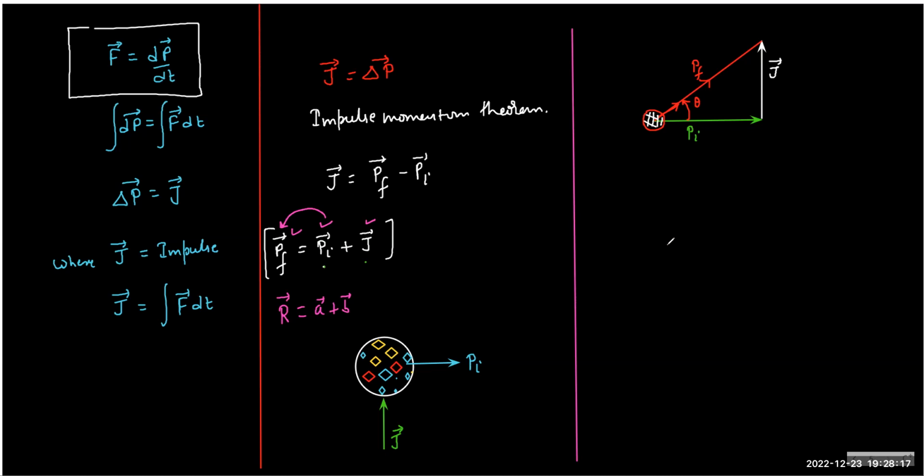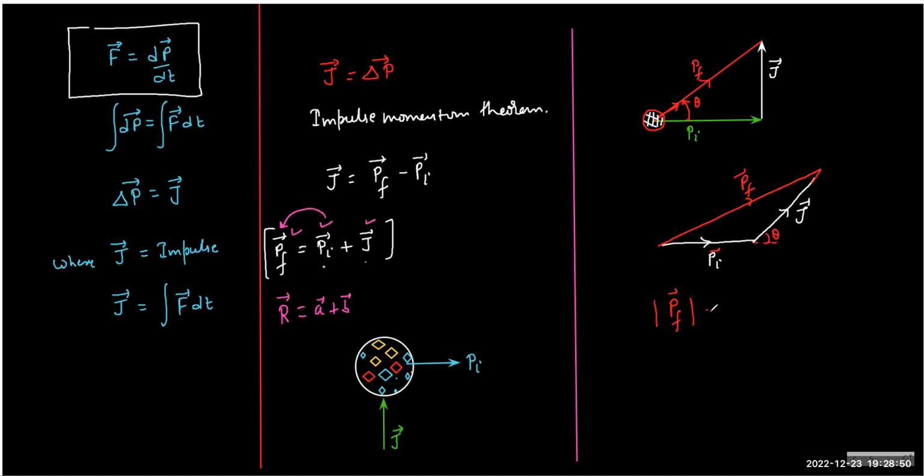If you know the initial momentum, if you know the impulse, this will be your final momentum, right? The triangle law. And if this angle is theta, the angle between the PI and J vector, then you can say PF equals to